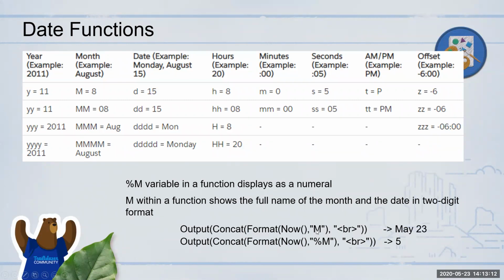So sometimes you might be expecting the value 5 for May, but if you just use it as M, you might be getting the value as May 23rd, today's date. So please be aware of certain caveats: certain functions behave slightly weirdly. You need to go and find out what is the correct usage for those. The documentation will have that, so you can check the documentation on this.